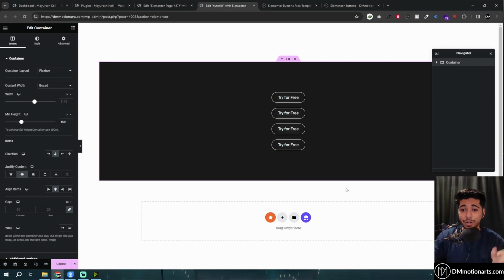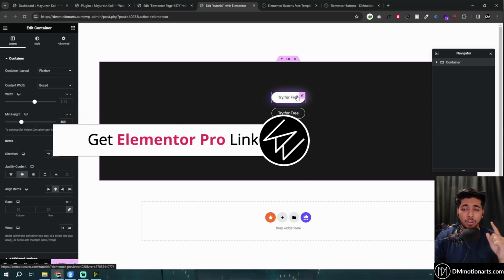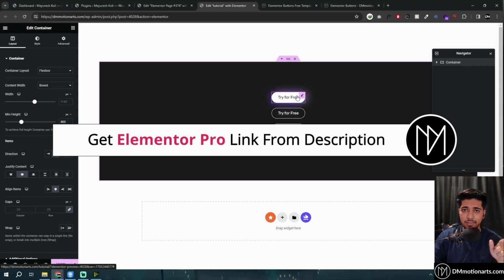So we are quickly going to learn how we can make this nice glowing effect on the buttons. These are made with Elementor pretty quickly, and you will need the Elementor CSS option, which is this custom CSS